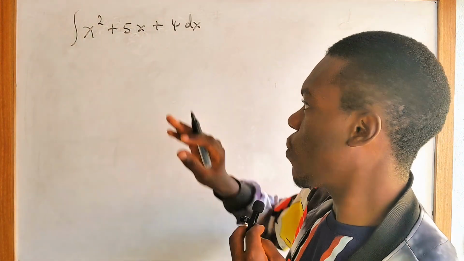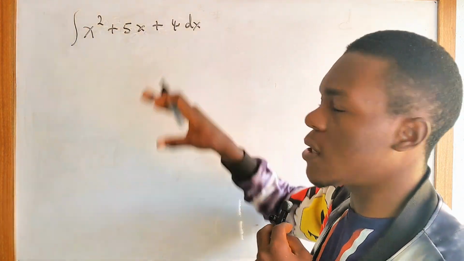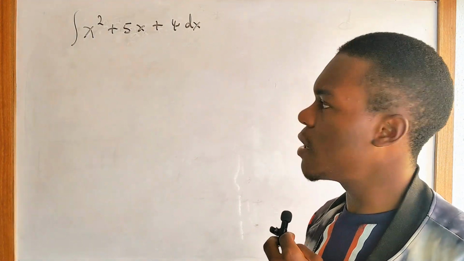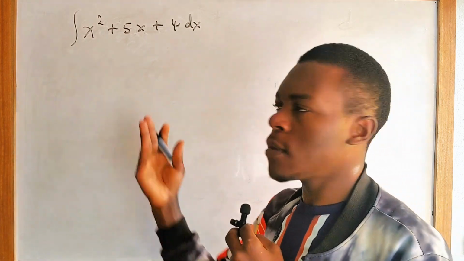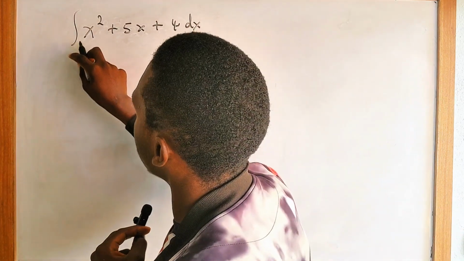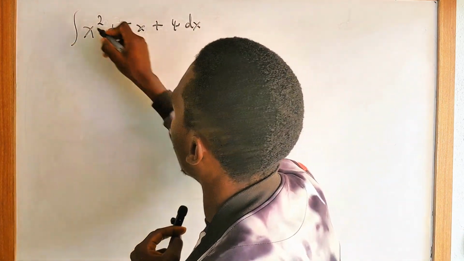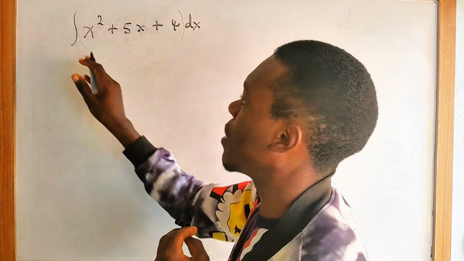After differentiating, we are then asked to integrate this other question. How can you integrate this one? It's also quite easy. Take a look. To integrate this, since we have x squared plus 5x plus 4, all that is joined, you can separate, since